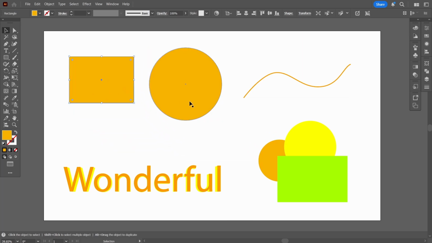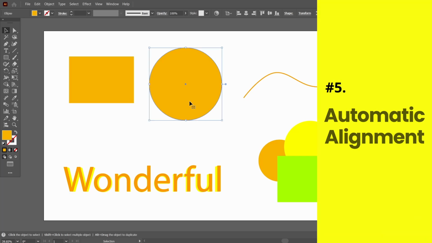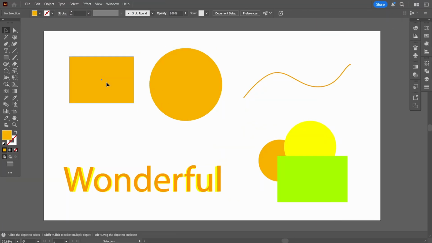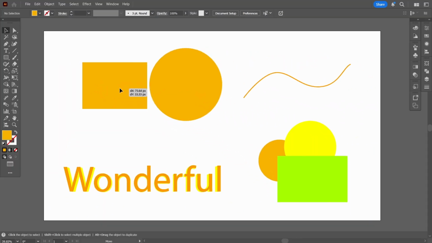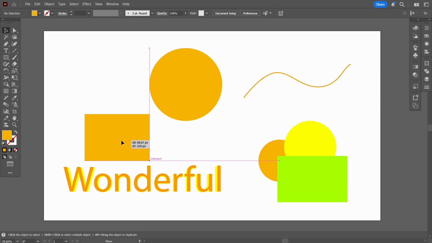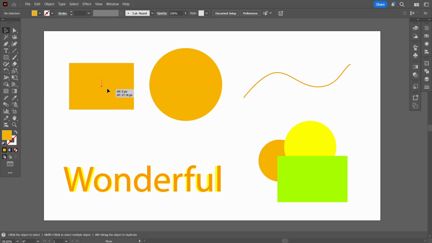All right, so the next thing that we're going to talk about is the automatic alignment. I'm holding this rectangle, and as you can see, when I move it, there are these pink lines that basically align the rectangle to whichever object is nearby. Sometimes it's trying to align to the circles, to the heights, to the borders, to the middle, to all of the various things. This automatic alignment is a very handy thing, because if I go here in View, as you can see,